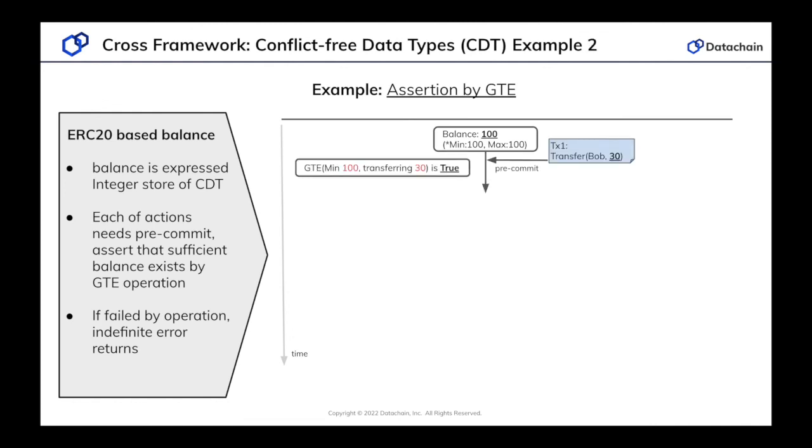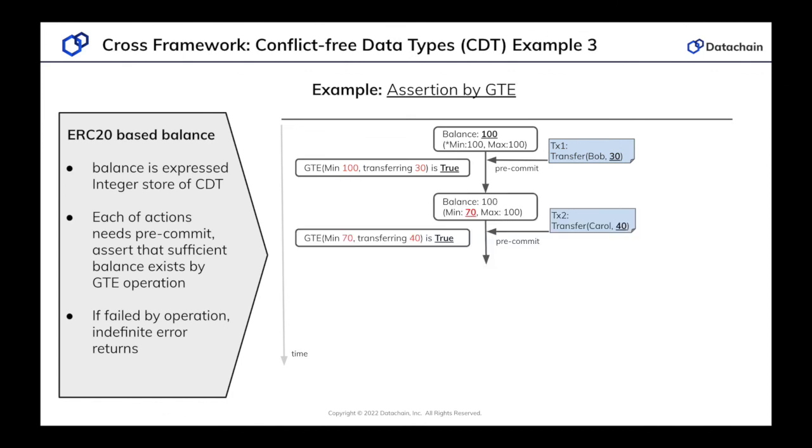First, try to submit transaction 1, transfer 30 to Bob. The result of the comparison, minimum balance 100 and transferring 30 by GTE, must be true, so transaction 1 could be executed as pre-commit. After that, the current balance must be in the range 70 to 100. Then try to submit transaction 2, transfer 40 to Carol. The result of the comparison, minimum balance 70 and transferring 40 by GTE, must be true, so transaction 2 could be executed as pre-commit. After that, the current balance must be in the range 30 to